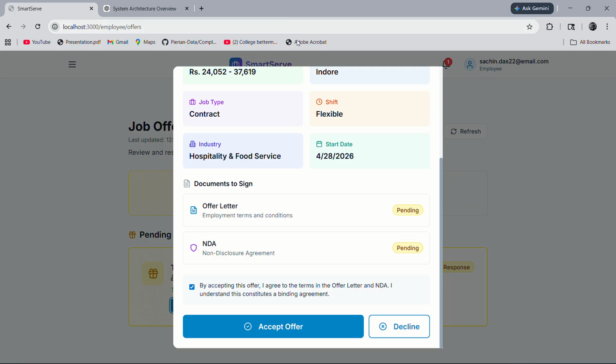Now, in order to send the offer letter and NDA, we can use the employer's chat agent to send the offer letter and